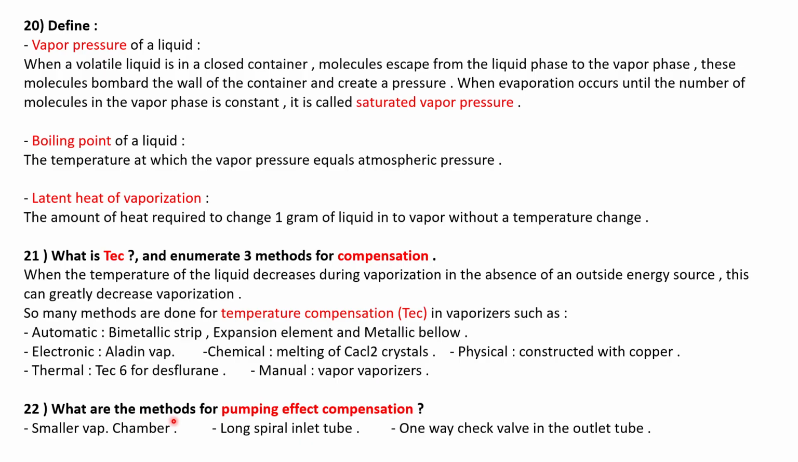What are the methods for bumping effect compensation? Small vapor chamber, long spiral inlet tube, one-way valve in the outlet tube. Okay,